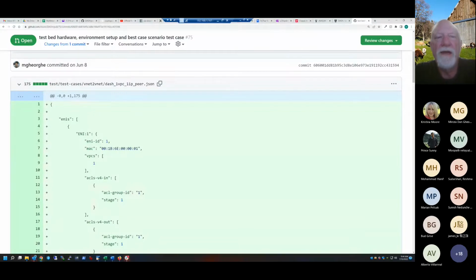Now we can do it incrementally and not try to do it all at once. Does that seem reasonable? Hey, Chris, a quick question on what you're basically talking about. Could this canonical format or the schema that you're talking about be a DASH app DB, which eventually just drives the SAI